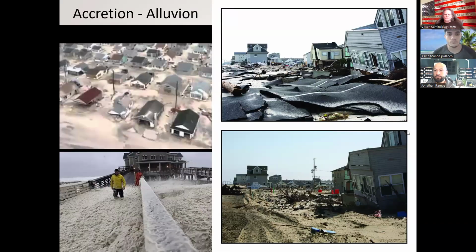Here's an example of accretion, where the water deposits additional solid material, that's sand, rock, or soil. In these instances, it's not so positive, right? This looks like a storm that hammered these beaches and destroyed some buildings. You've got sand that moved blocks inland and kind of tore up the roads over here, right?